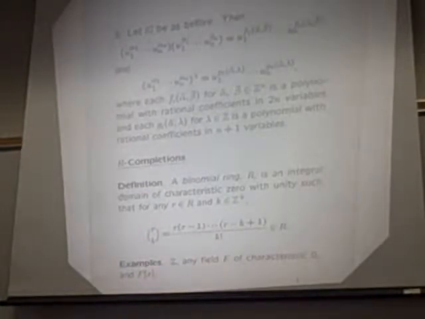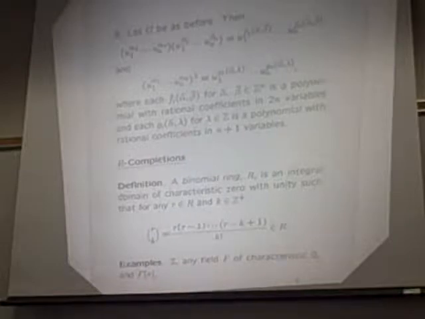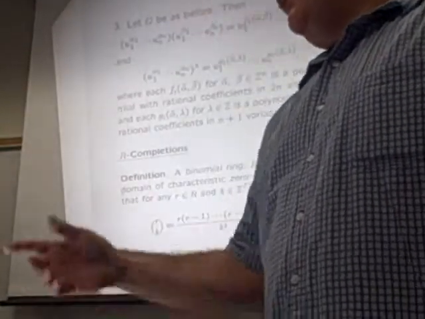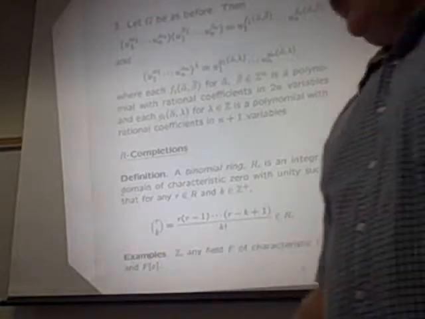Okay, so some examples of such rings are Z, any field of characteristic 0, and also if you take F[x], where F again is a field of characteristic 0. And of course, you can extend that to n indeterminate variables, so F[x1, ..., xk]. All right? And of course, Q[x] is going to be important for us because Q is a field of characteristic 0.